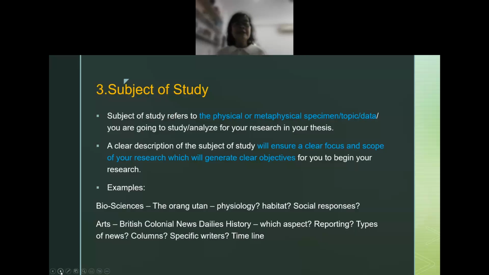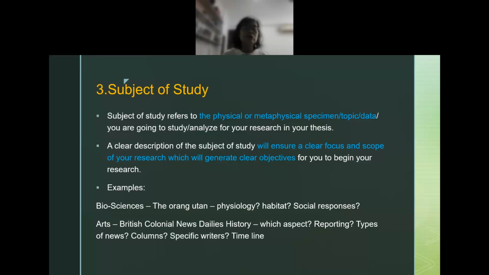Your subject of study is even more important. Meaning you need to be clear about whether you are going to study, for instance, the paint itself, or the materials you use to make the paint. So there's a difference. Studying the paint and how the paint is used in art is different from studying what materials you collect in nature to make the paint. These are two different categories and two different theses. I hope I made myself clear.